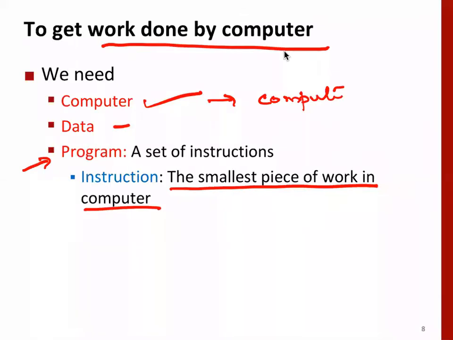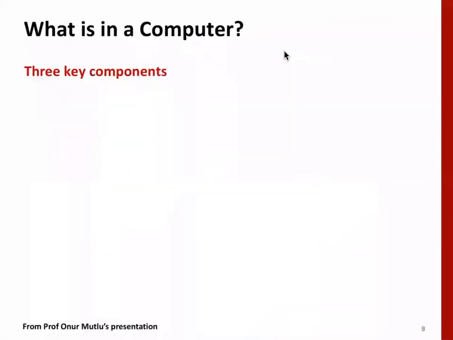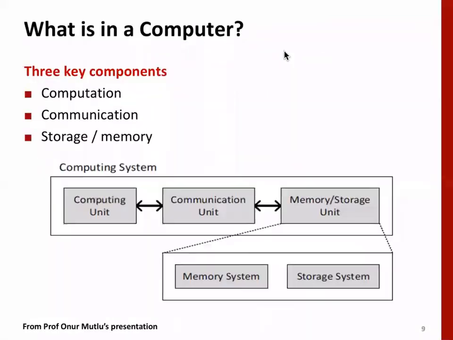The program, a set of instructions, is the smallest piece of work in a computer, which is user defined. Even if you look at a machine instruction, one machine instruction can do a lot. A lot of things happen within a machine instruction, so we cannot say that at all levels it is the smallest piece of work. Instruction execution also requires a lot of control signal generation and application of those control signals for data manipulation and data movement. We'll come to those aspects a little later.